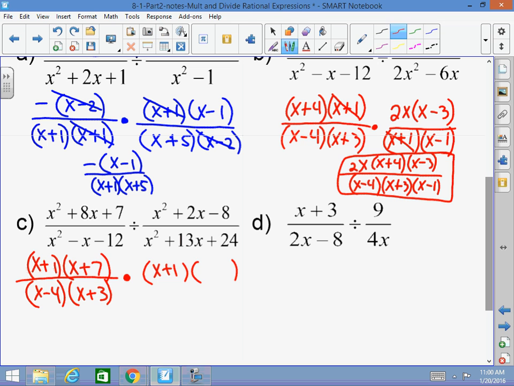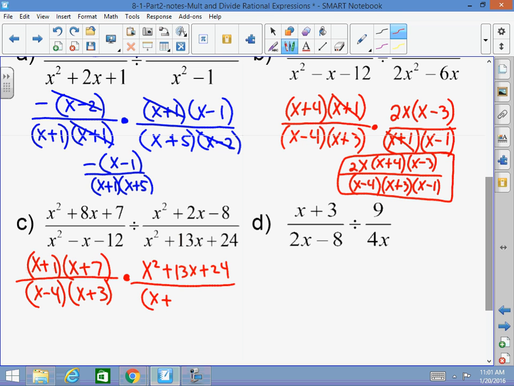No, not 12 and 1. 12 times 1 is not 24. So we got 6 and 4, no, 3 and 8. No, actually that is not factorable. So this is just x squared plus 13x plus 24 over,